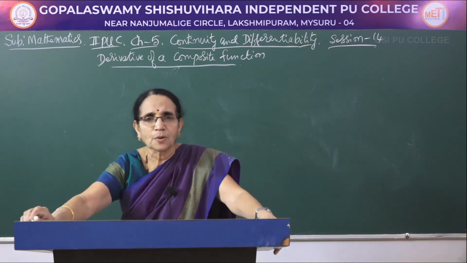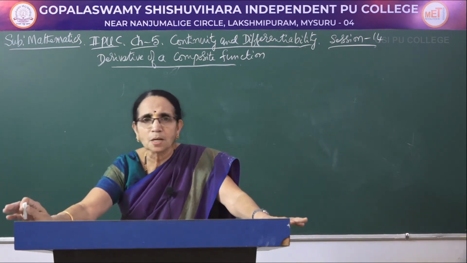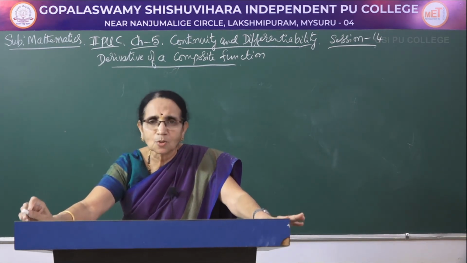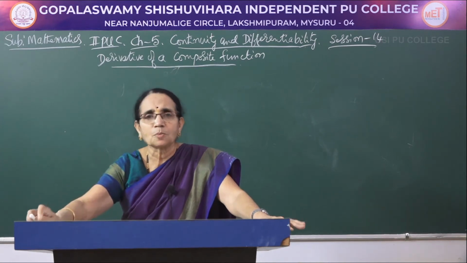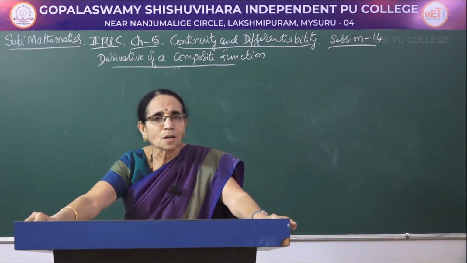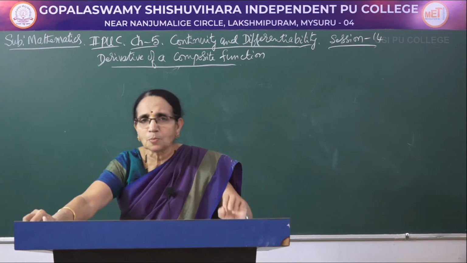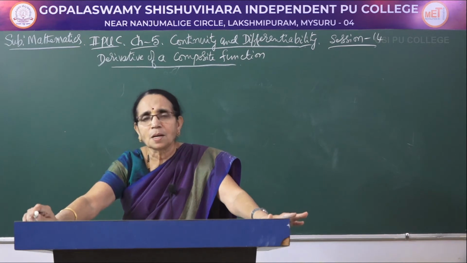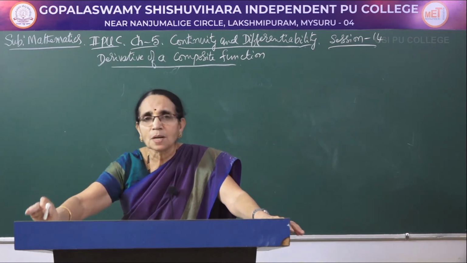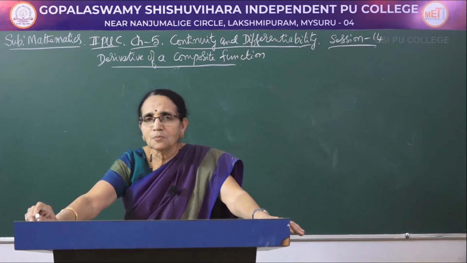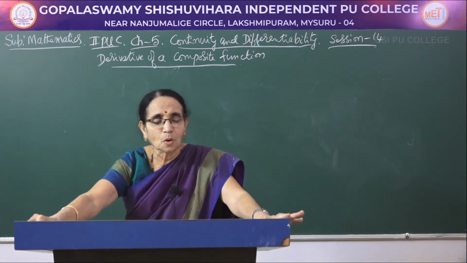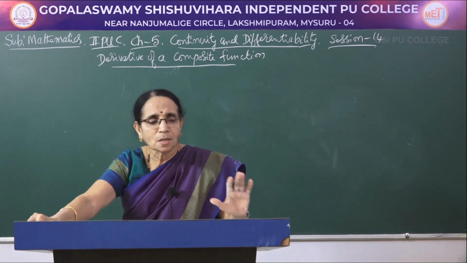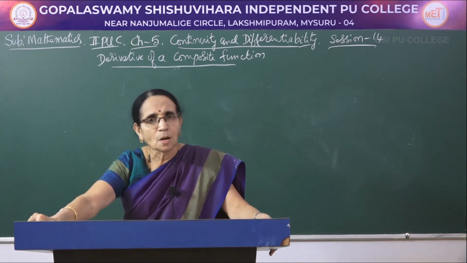And come to the exponential function. You know that the derivative of e to the power x is e to the power x. So, if e to the power sin x is given, you have to write e to the power sin x only, then that sin x has to be differentiated. So, that is a combination of two functions, one is exponential, the other one is a trigonometric function. Similarly, the derivative of log of anything is 1 over that function. So, e power x means e power x, even after differentiation the function remains the same. While differentiating, where we apply the chain rule, you have to know these derivatives of the basic functions properly.